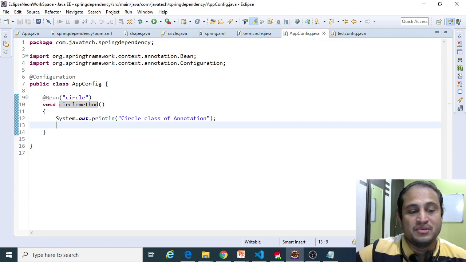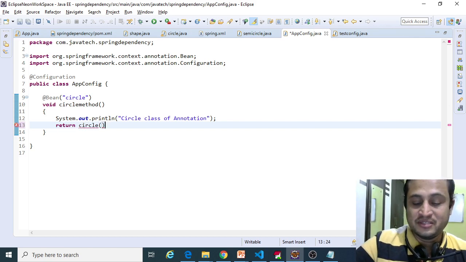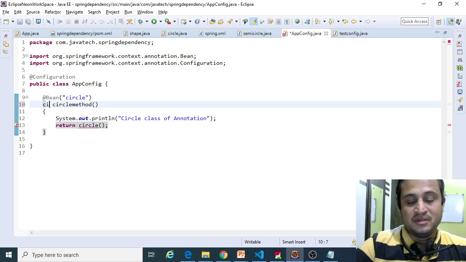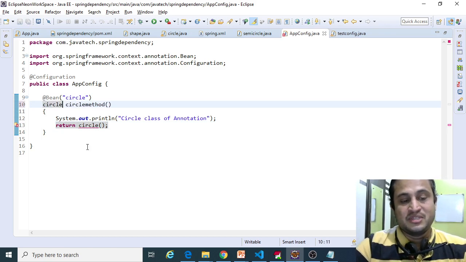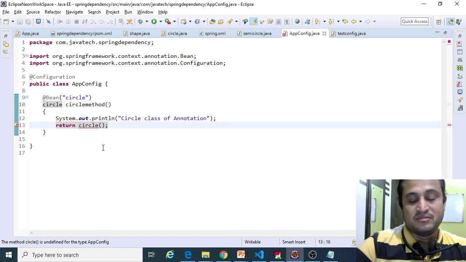So let me return the circle here. Otherwise it is not returning the particular object. Actually, return new Circle.